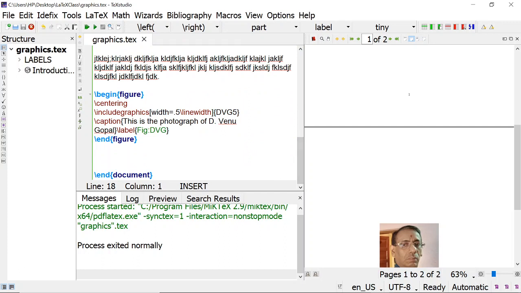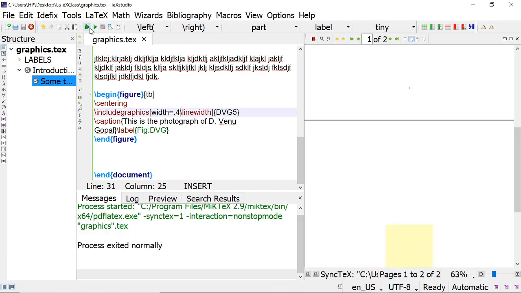Or we can tell it, okay, tbp. t means top, b means bottom, p means page, like this, top and bottom. I can give it, and I will also reduce the size of the photograph. And now compile it.